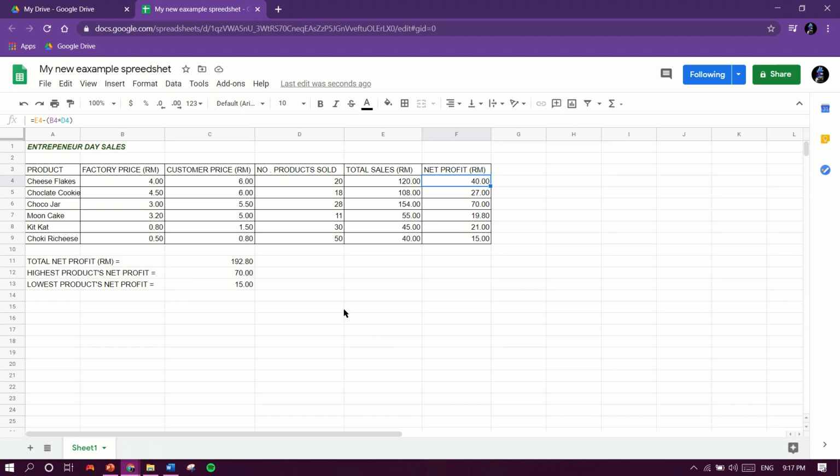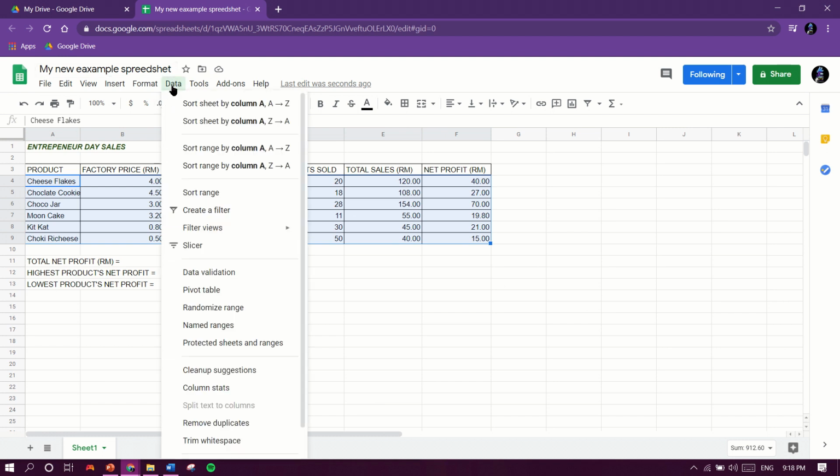And then let's say you want to put all of the data right here in ascending order according to the net profit amount. So basically what you need to do is highlight the data, the numbers of the data except for the title, okay, like this, except for the title, and then go to the data icon right here on top of the spreadsheet, click on data, click on sort range,